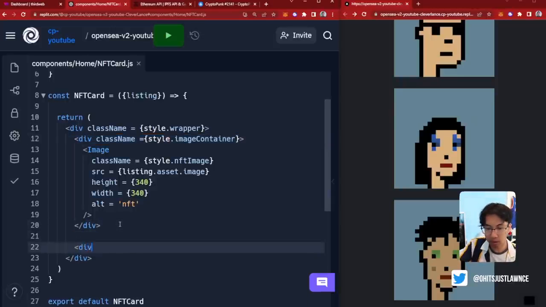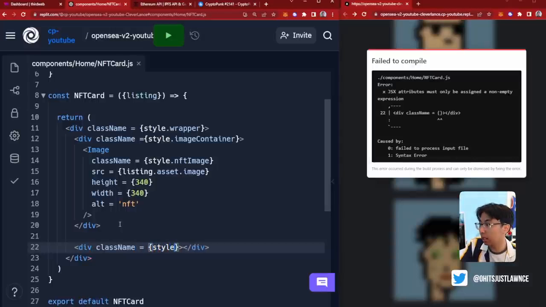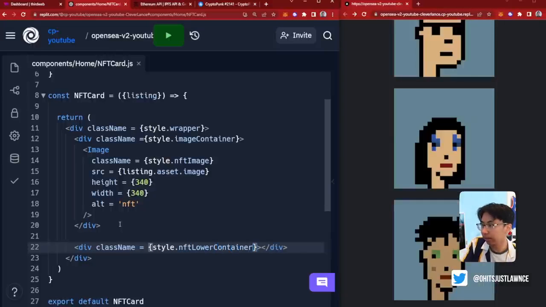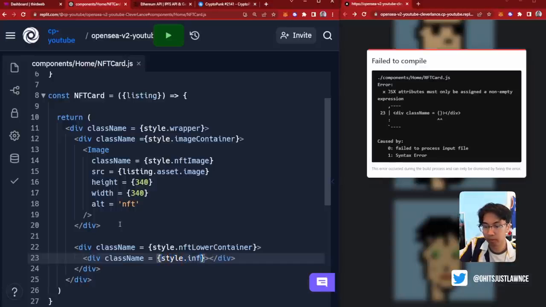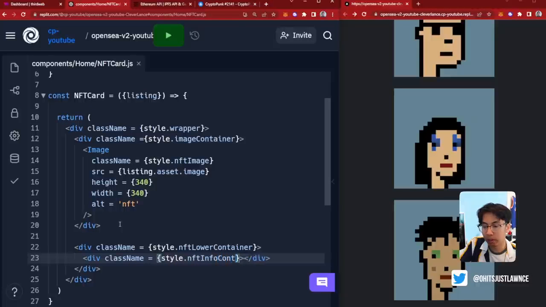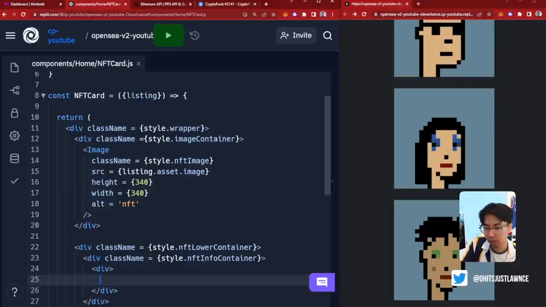What I want to do is make another div. This one, I think, has the name NFT lower container, right? And it has children of its own, which is a div with style.infoContainer, or NFT info container. Okay, and we're going to have a div here. This one isn't going to have a name, but what it does take is curly brackets, and then we're going to say